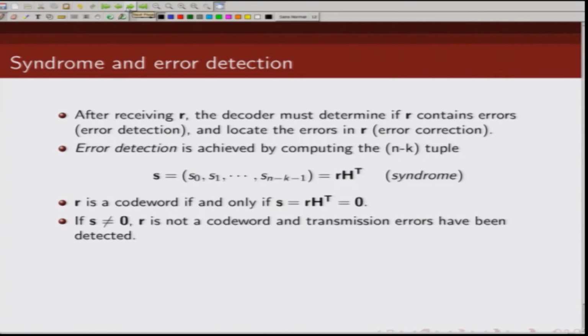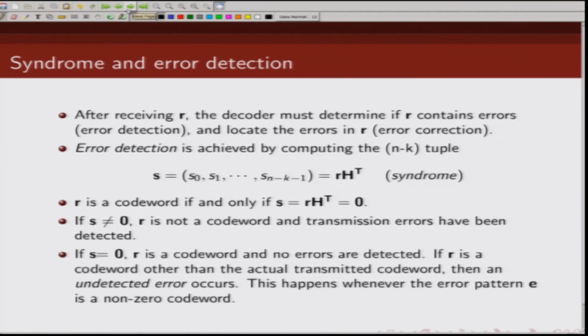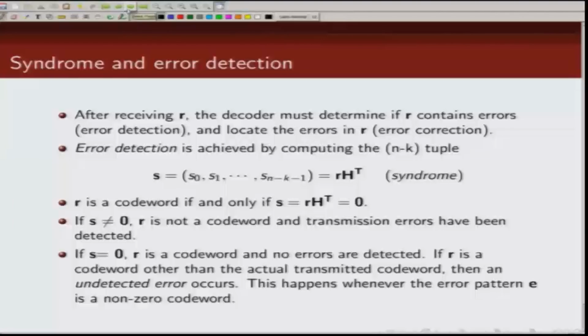Now, if the syndrome is 0, does it always mean that there is no error? No. There is a category of error which we call an undetected error. Now, when does an undetected error happen? If your S is 0 and your received sequence R is not the code word that you transmitted, but some